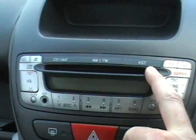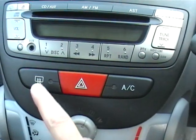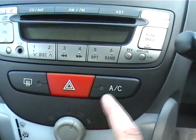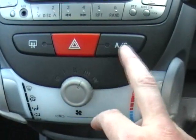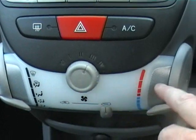Obviously there's airbags in the sides of the front seats as well, and a front driver's airbag. In the middle of the car we have a single shot CD player with iPod connection, normal radio controls, heated rear screen, hazard lights, air conditioning, which was I think standard on the Black Edition, speed of the fan, temperature,